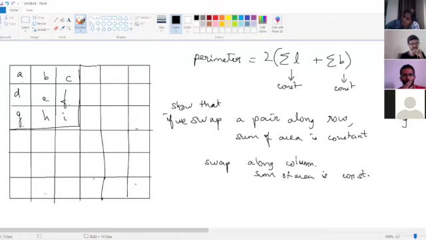And this is for the first quadrant, right? But what about the cells in quadrant 2, quadrant 3 and quadrant 4? It should be the same, no? Symmetrically, it'll be the same only. I'm just trying to complete the argument.